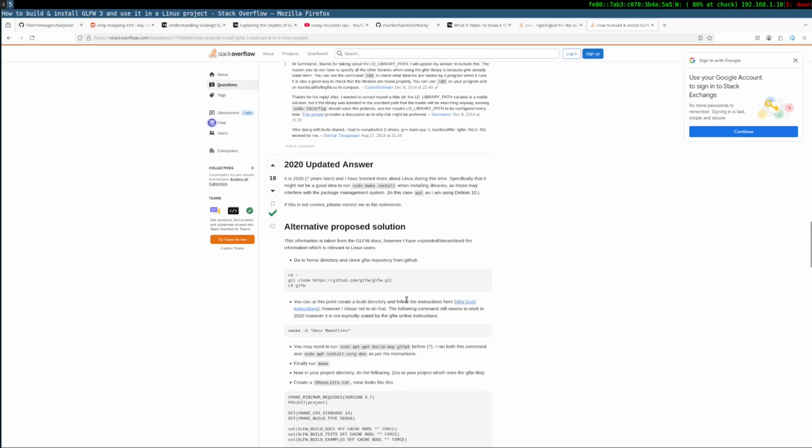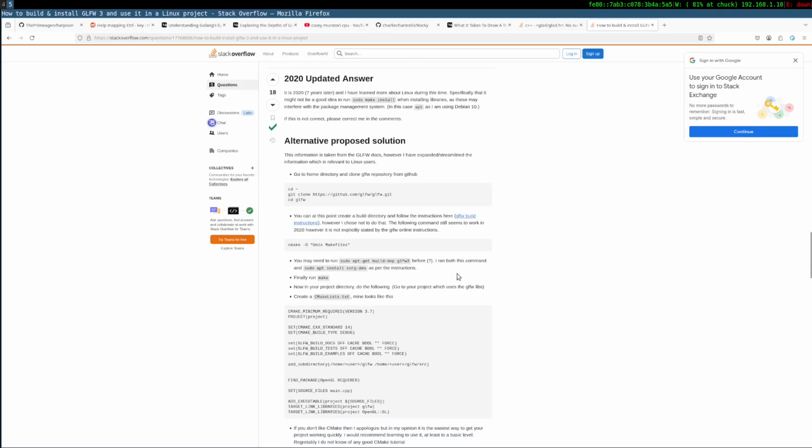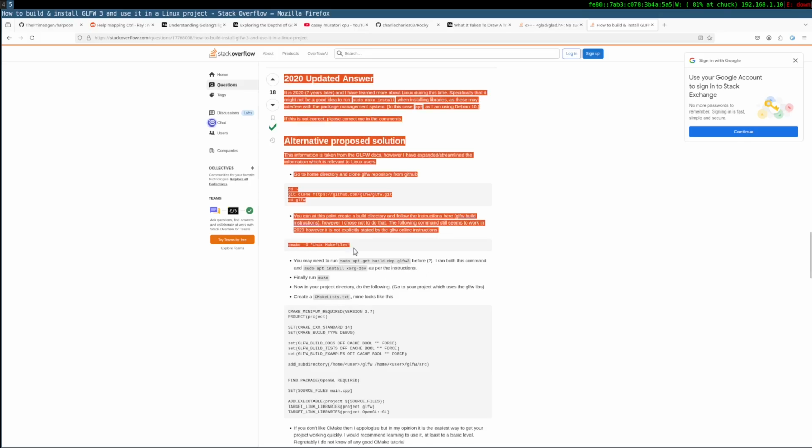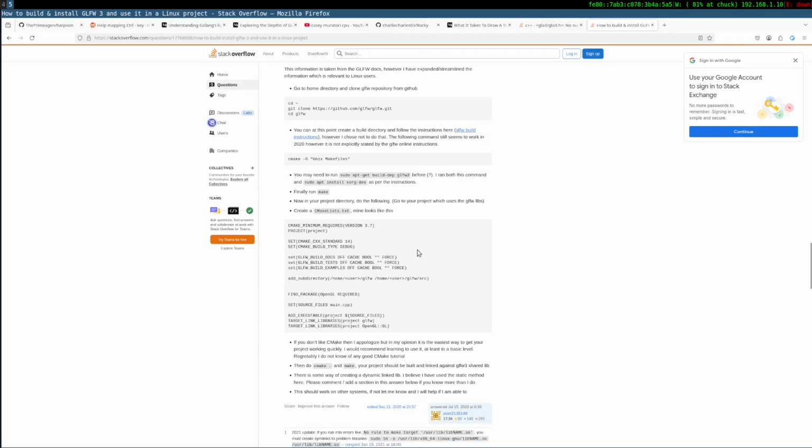How do things work in this, man? Go to home directory, clone the repo from git, and CMake Unix makefiles. And sudo apt build-dep glfw3. I ran both the commands.